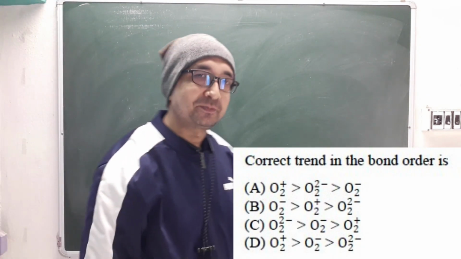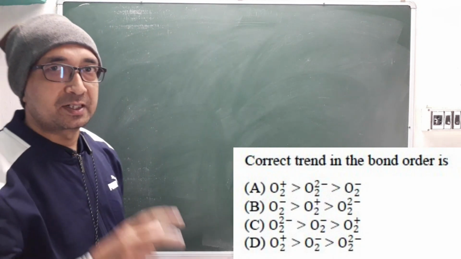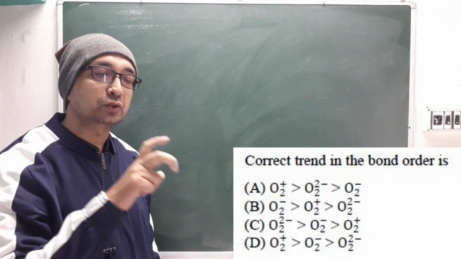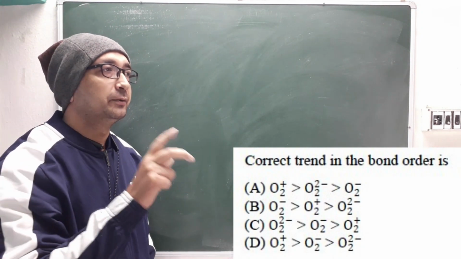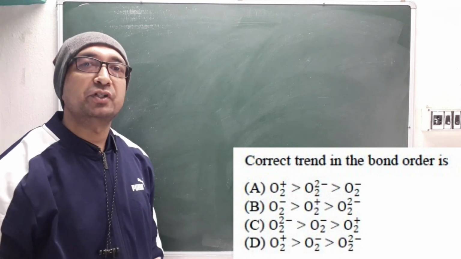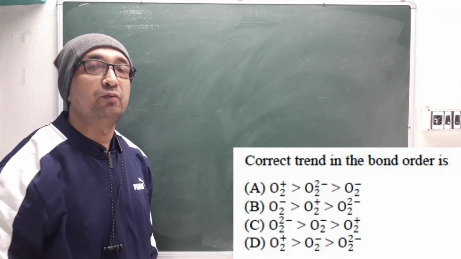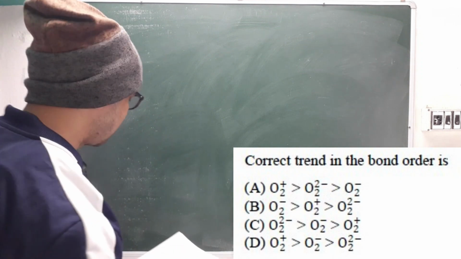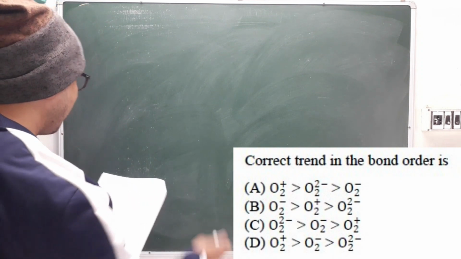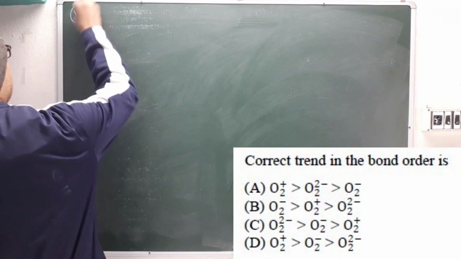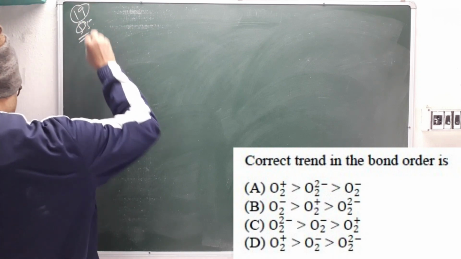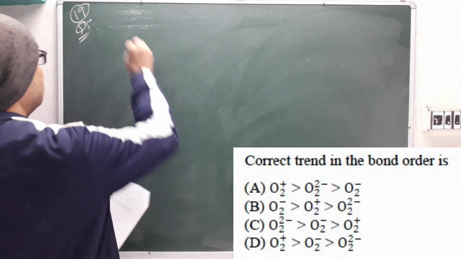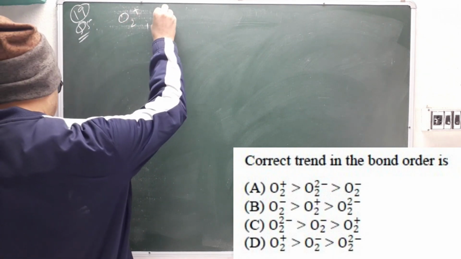I guess many people are teaching it, but I'm just taking those concepts which are required for this upcoming examination, so that these questions you can easily solve. That's why I'm taking up this question. Now question number 5 from 2019 JAM. What they are asking: the correct trend in bond order is, O2 plus, then O2